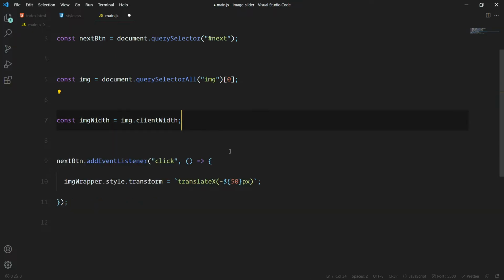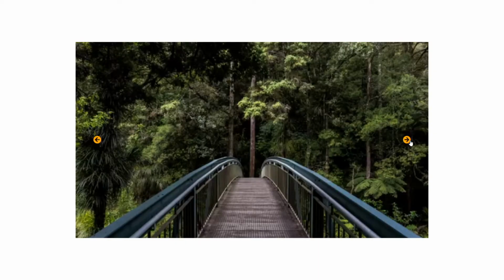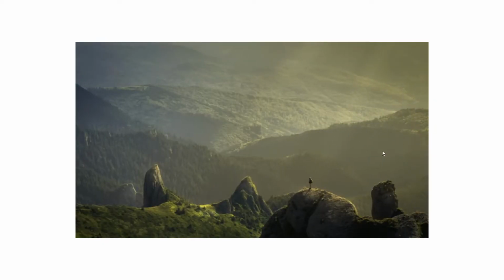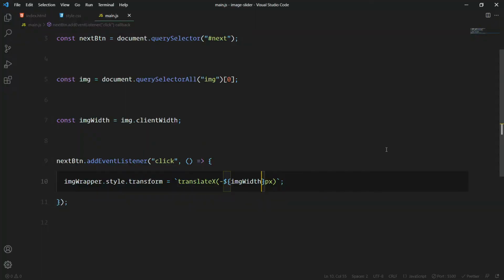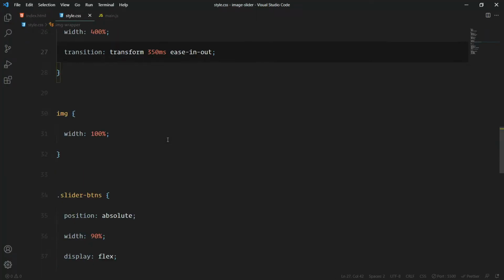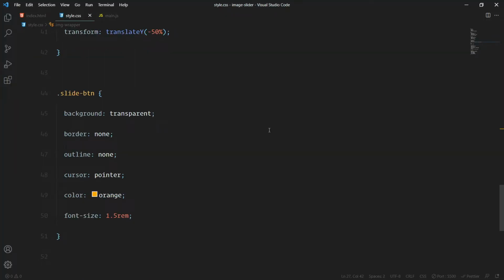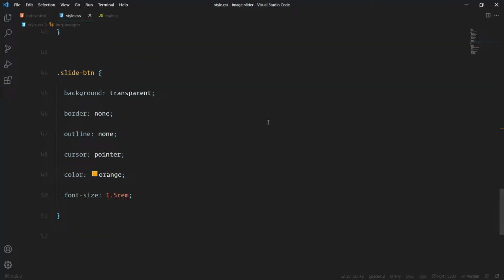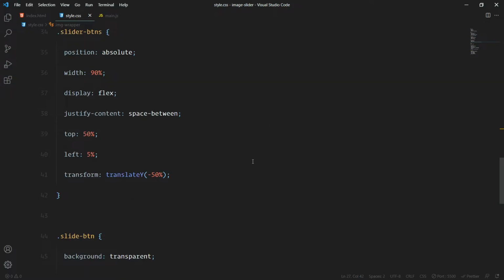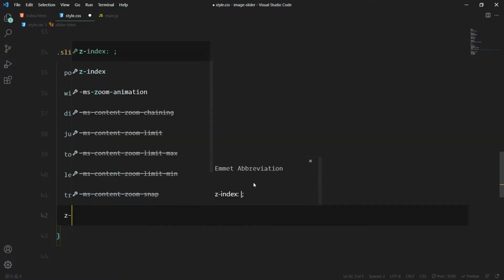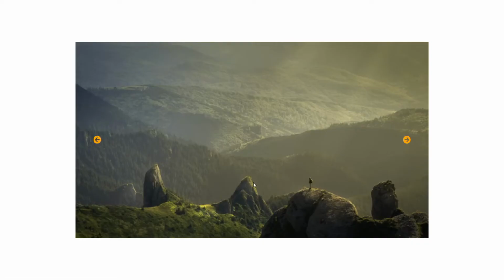Okay, so I'll remove this, and instead of this 50, I'll say image width, and whenever we click on this, boom. Okay, but our arrows are now gone. They are not visible. The first time I also messed up with this, and then I found that these buttons are being hidden by the second image. So these arrows are coming below that second image. So we'll have to increase the z index, and let's set it to 2, and here we go,